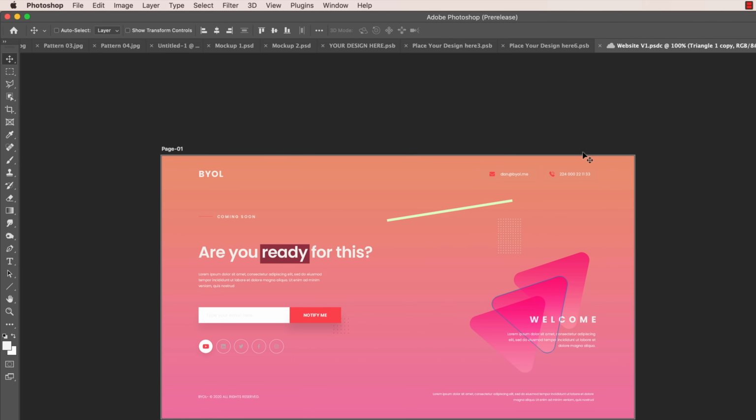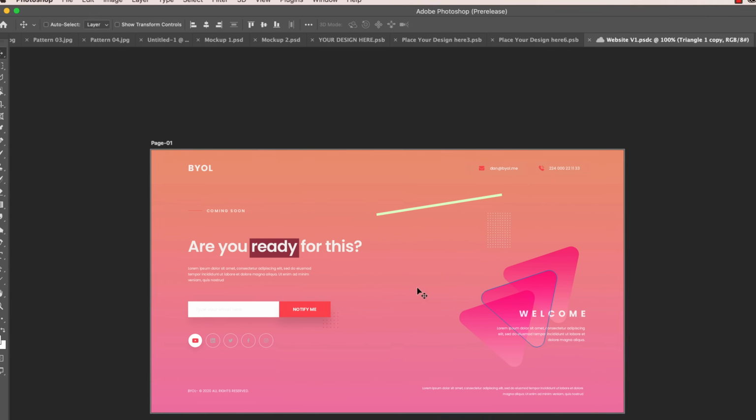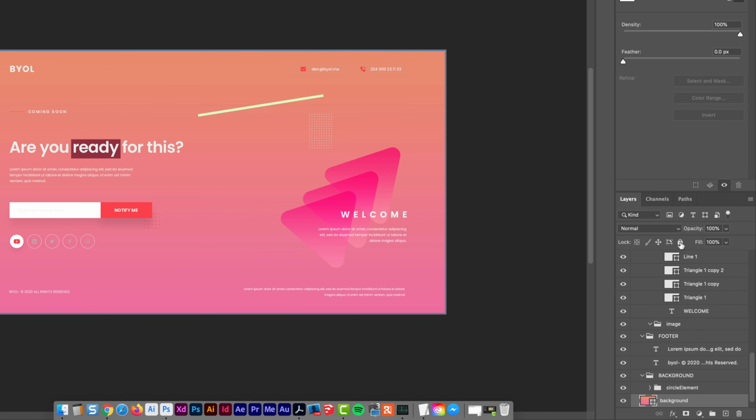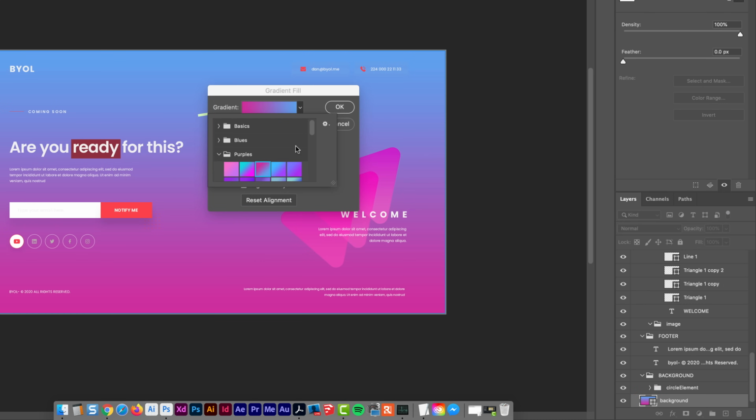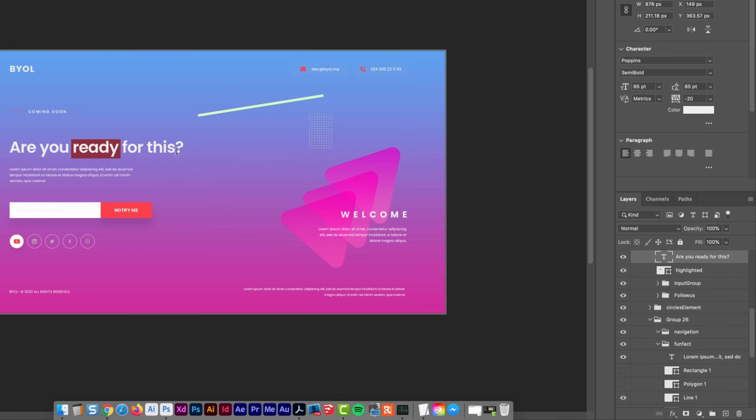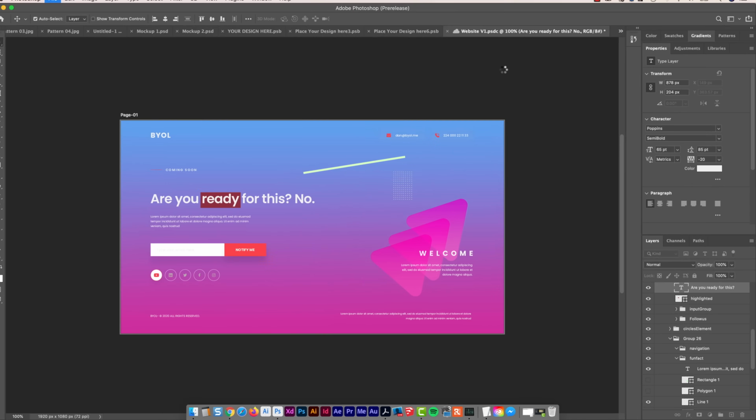And there's perks for that because let's say that I make some changes. I come along here and go, all right, color, the background. Let's change the background gradient to, that looks good. And we change some type and we're working on it. It was a quick mock-up. So let's save it and let's